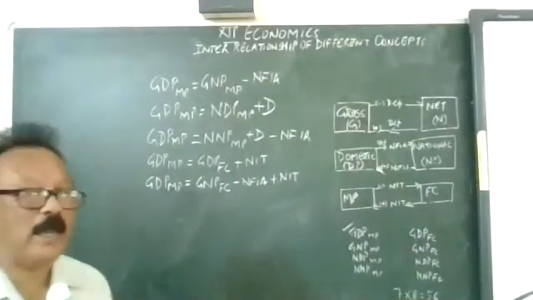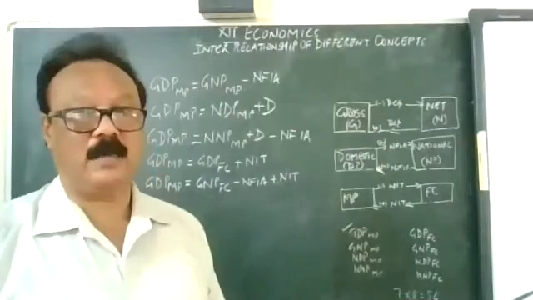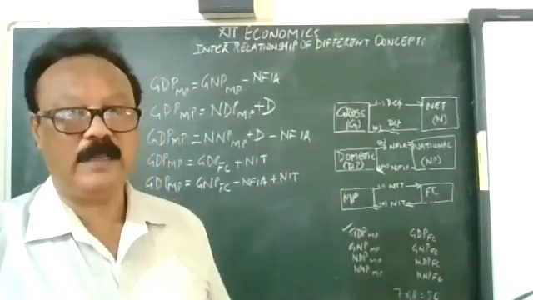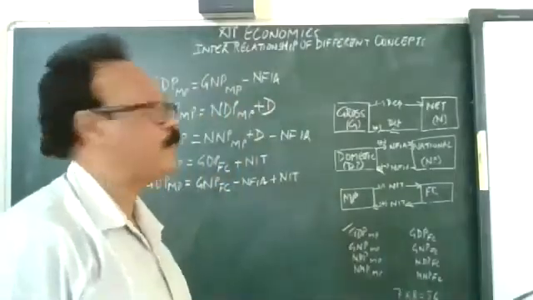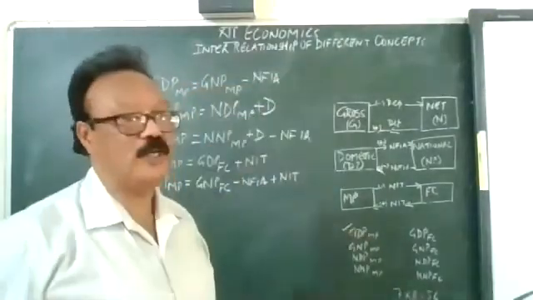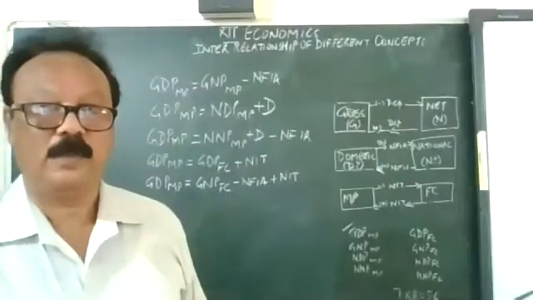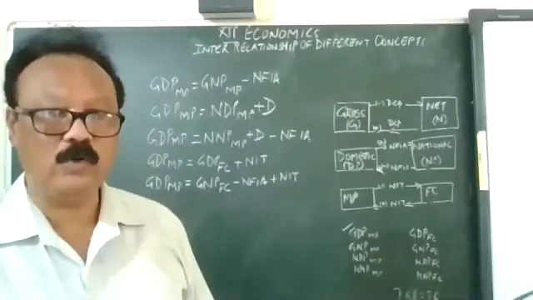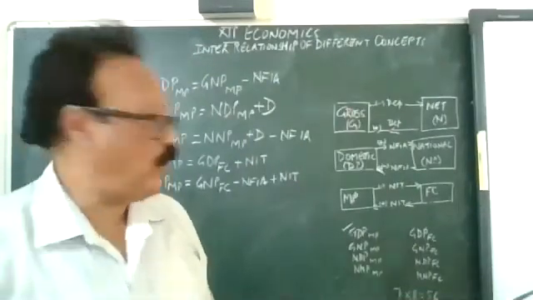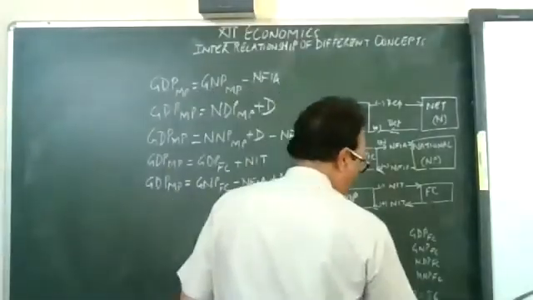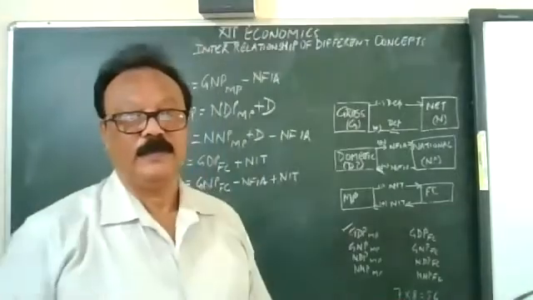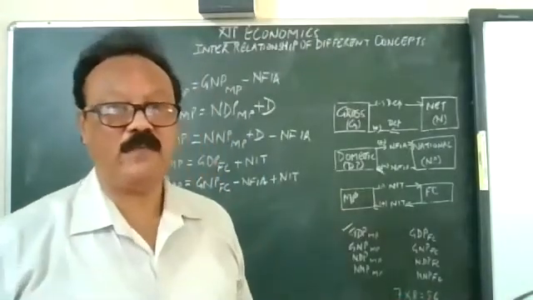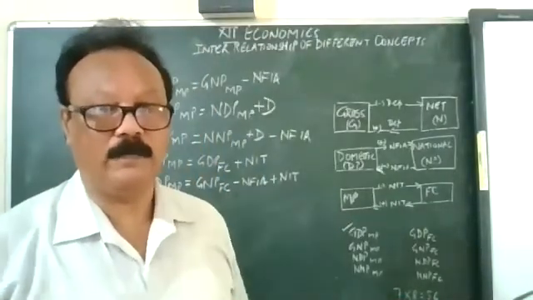So you see, you don't have to learn the formulas by heart. You can derive them very easily with the help of these three relationships. That is why we are saying interrelationship of different concepts. Once you understand how to go about it, you don't need to learn 7 into 8, 56 formulas. No. Any value can be given from anywhere to calculate, you will have no problem.